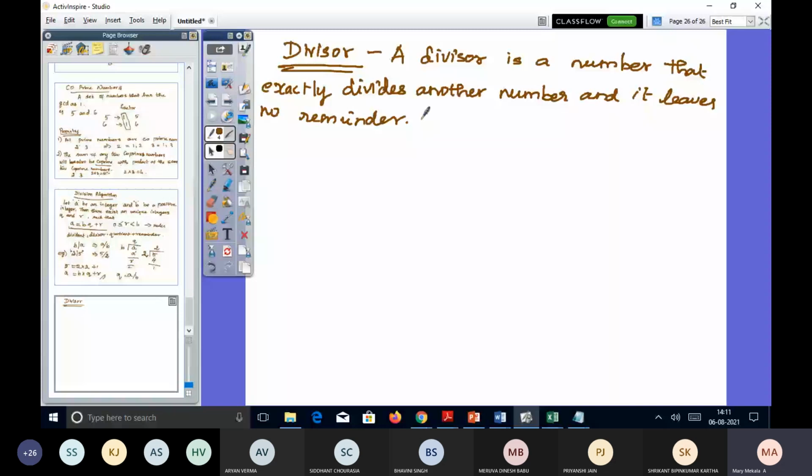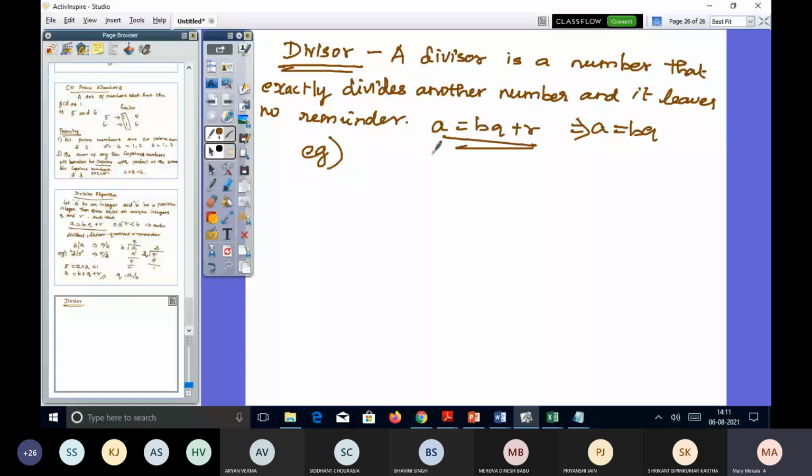So otherwise, as an example, if I wanted to give, I can give from the previous example, that is A is equal to BQ plus R. This is what we learned in division algorithm, isn't it? So according to this divisor, what we have told, there is no remainder. So what do we get? That is A is equal to BQ. This is what we got, isn't it? So this only we are going to write over here.